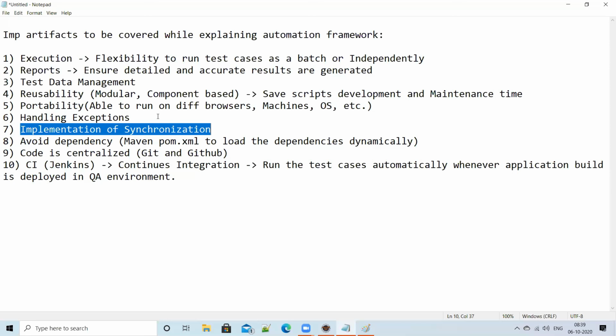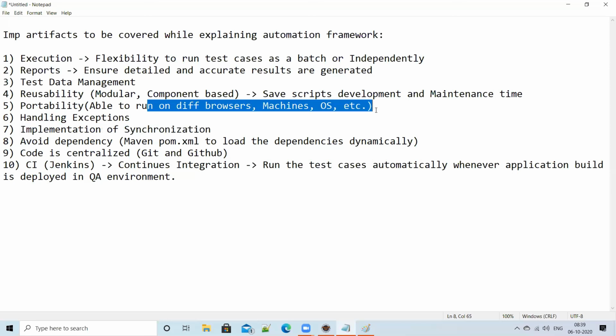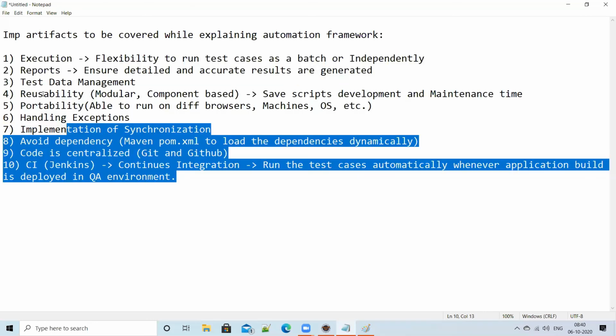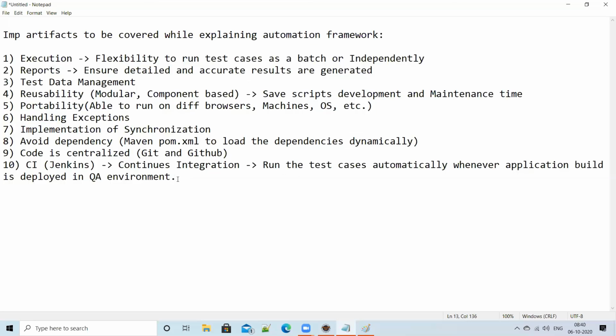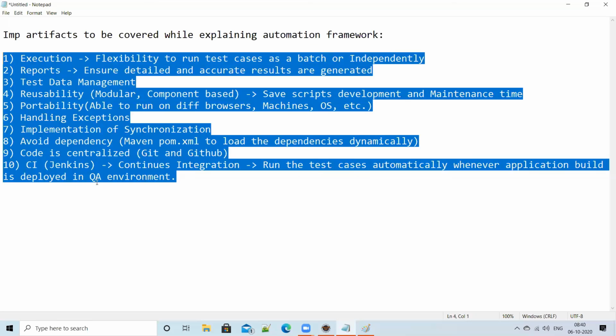And why don't you highlight another important thing, like I can run my scripts on different machines, I can run my scripts on different browsers. I did not mention any dependency on a particular browser or anything. Yes, that is another most important thing. So like that, guys, whatever the highlights, you can always highlight those things. It is very, very important when you are explaining your automation framework. That's where, guys, they'll be impressed.